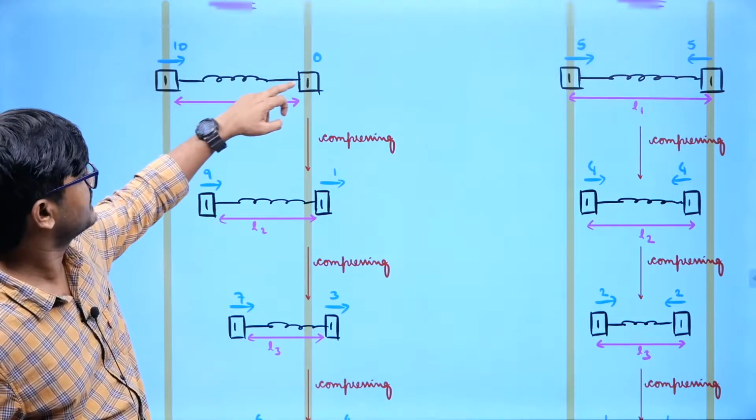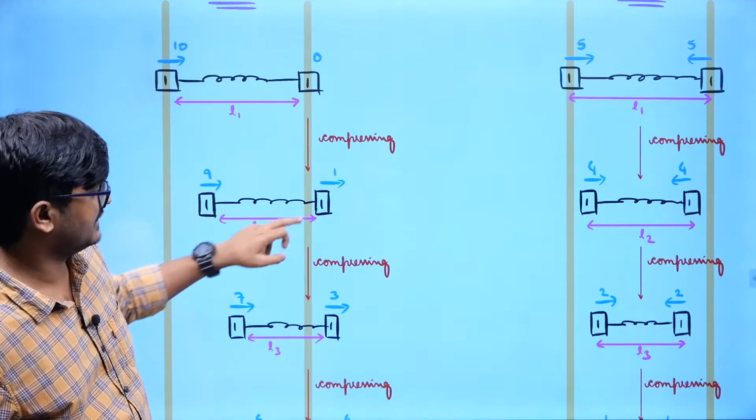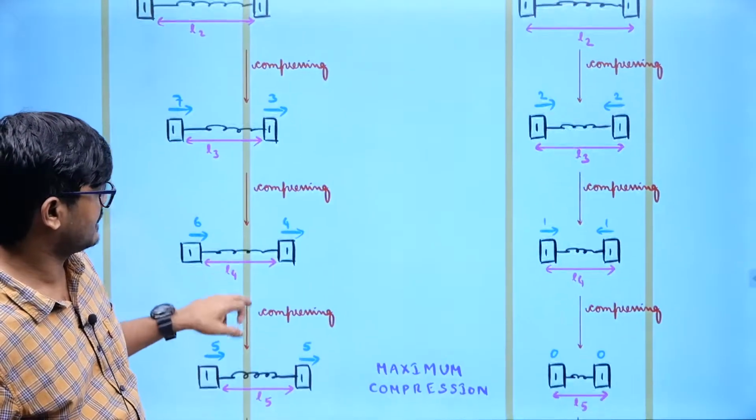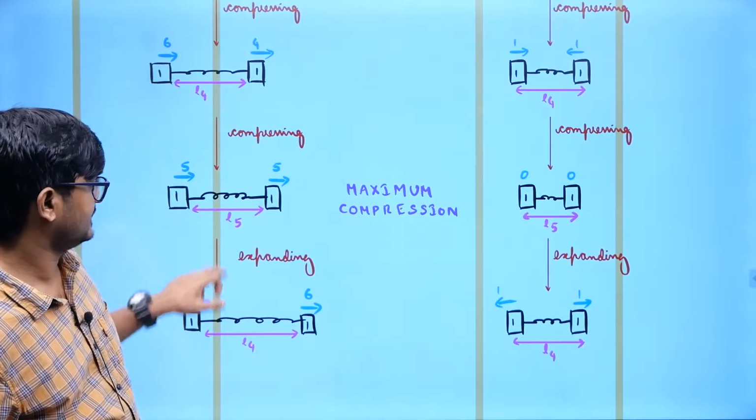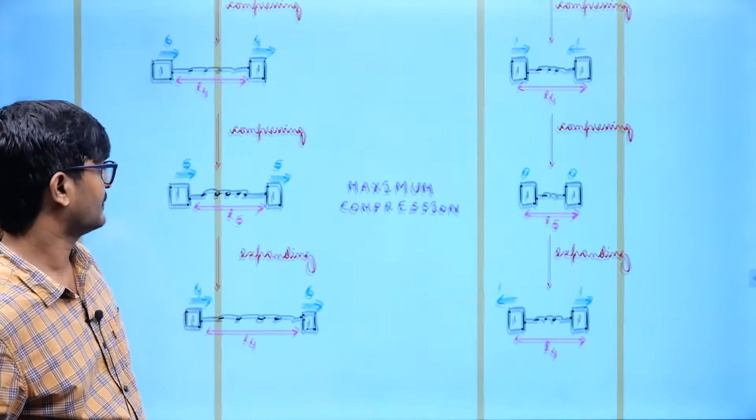From the initial situation, compression is happening, till when? Till both the speeds are remaining the same. So again it is expanding from here to here. Now if you want to find what is the